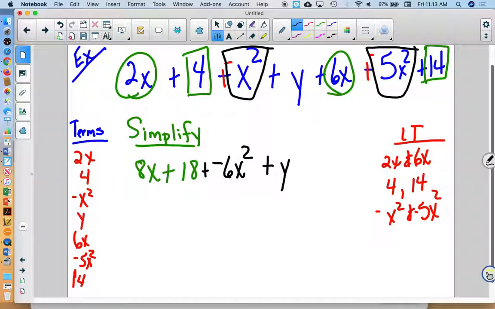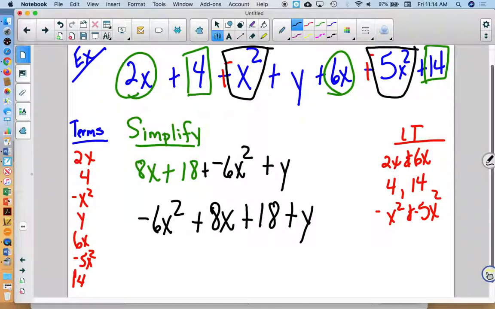So if I was to put this in the proper order, I would have negative 6x squared plus 8x plus 18 plus y. That's the proper order. I'm not going to grade you on order right now. But you're going to see that's the way you will be expected as you get older, okay? All right. I hope you took some notes. Because come Monday,